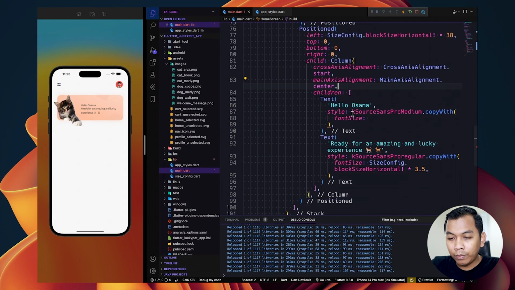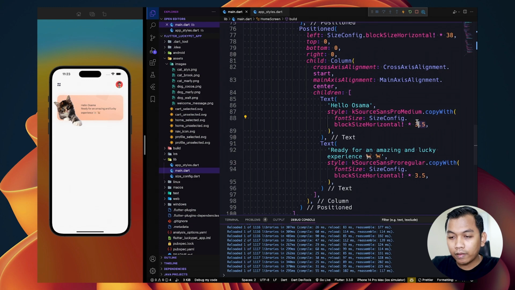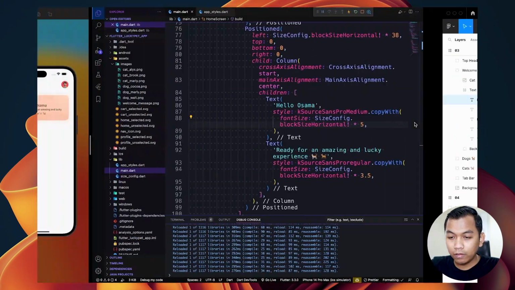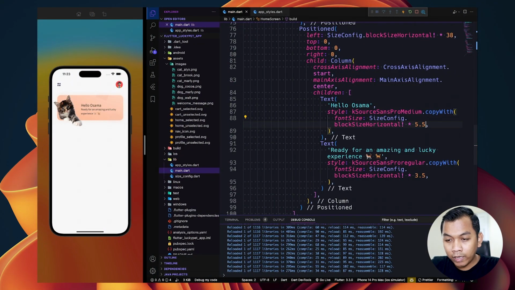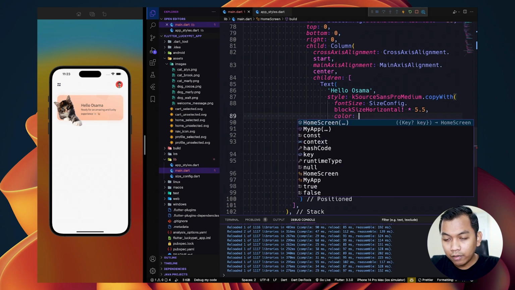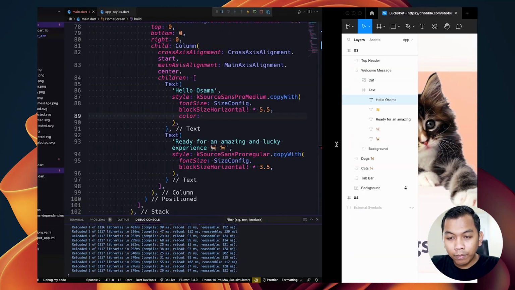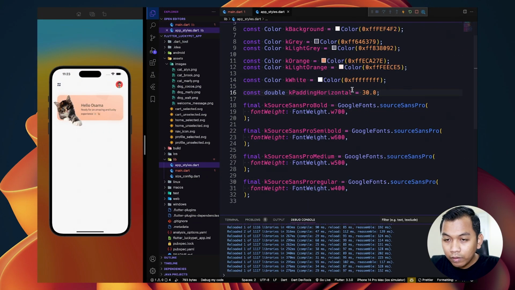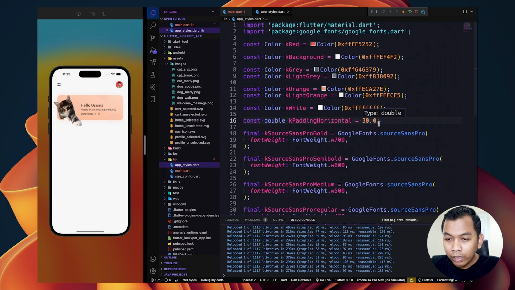The size will be, just copy this, paste here, and maybe it's around 5, look like this, or 5.5. And we need to change the color. The color will be what we have here.